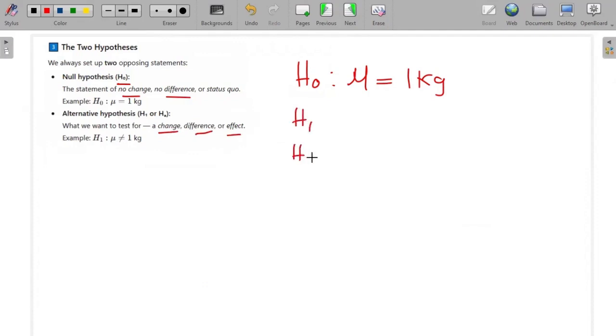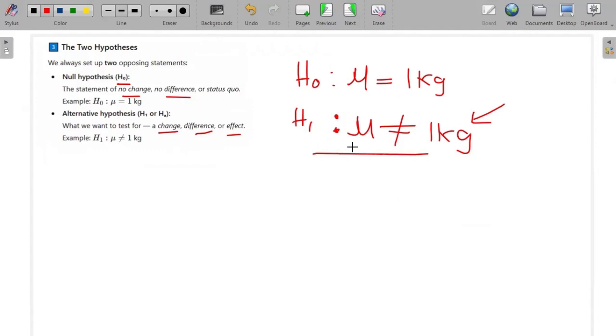In some books, they use HA, and in some other books, I've seen HB or any other letter that you can think of. The alternative hypothesis is going to be the opposite of whatever the null hypothesis is saying. Here I'm saying the population mean is equal to 1 kg, so the alternative hypothesis is going to oppose the null hypothesis. It's going to say the population mean is not actually equal to 1 kg. This simply means that we are testing if the population mean is equal to 1 or not. And that statement is going to be indicated by the